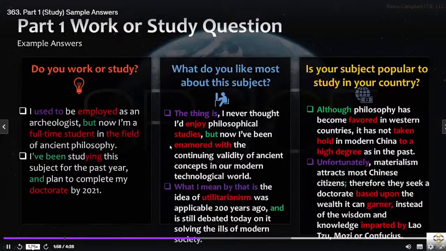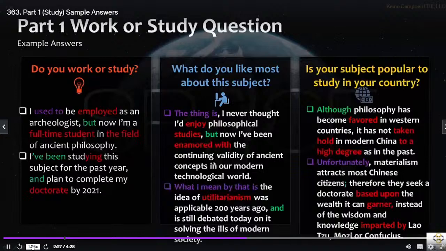Of utilitarianism was applicable 200 years ago and is still debated today on its solving the ills of modern society. The thing is, of course, that's fluency language. Again, we're not going to use these words in the question. Enjoy, instead of saying like, enamored with, instead of saying like. More fluency language, what I mean by that is